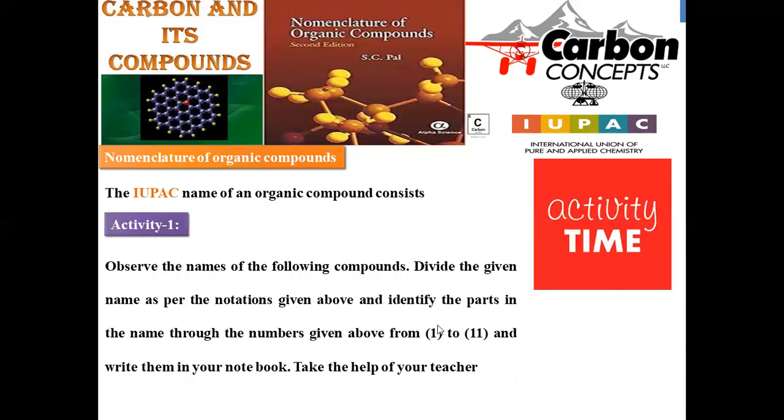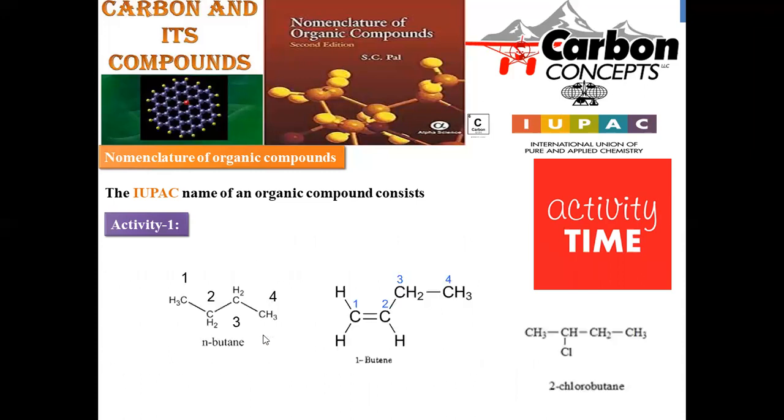Now we are going to perform the activity based on these IUPAC regulations. We've gone through different sets of rules. Let us apply all these rules in order to assign names to the given compounds. So here is the compound where the parental chain will be 4 carbons. First we have to give numbers to the parental chain. 1, 2, 3, 4 numbering is provided. 4 carbon.